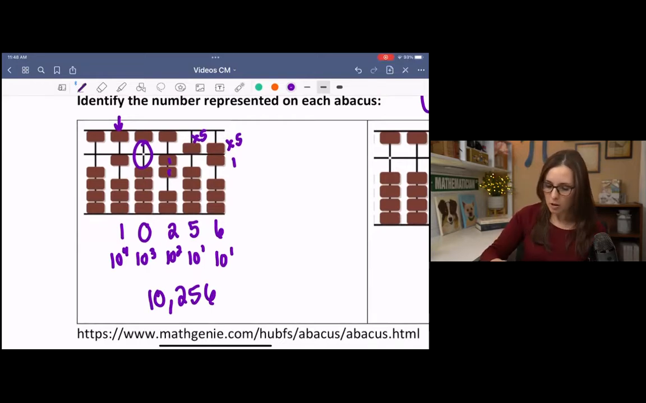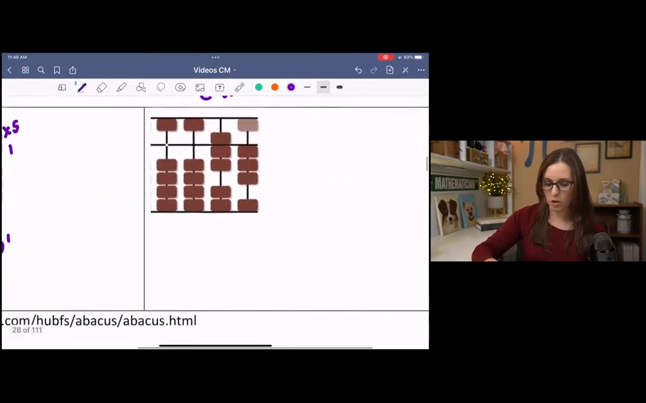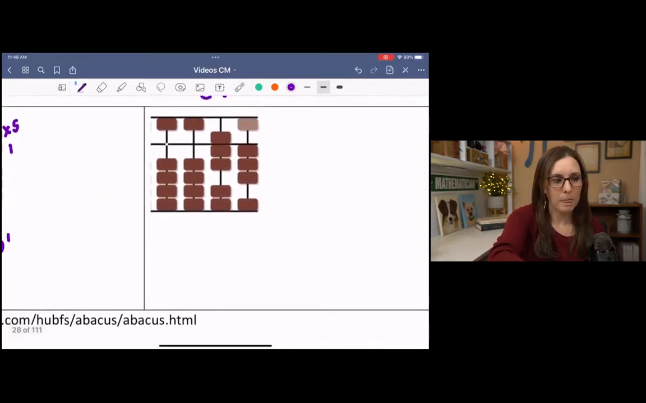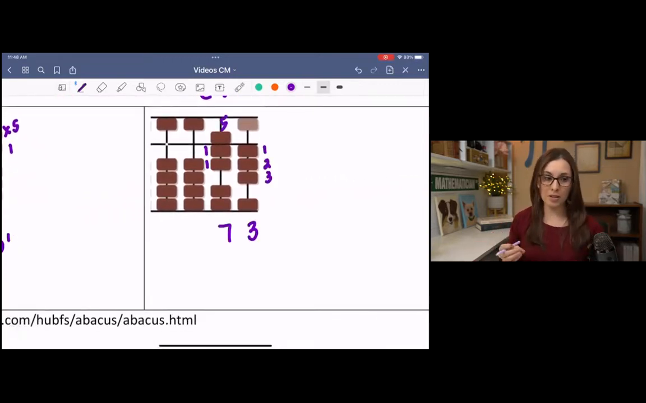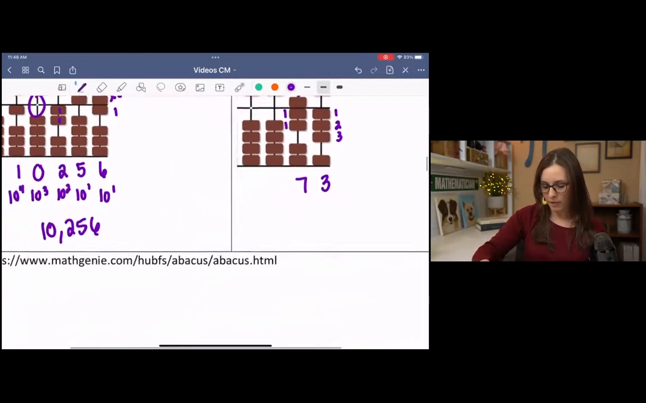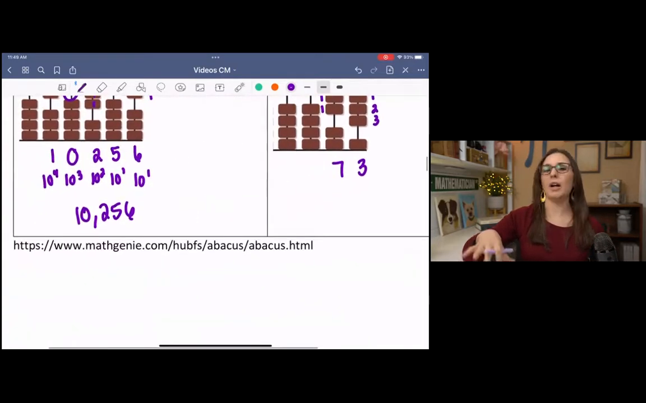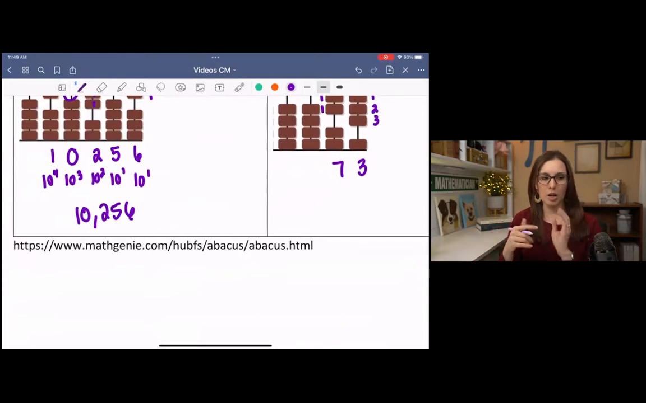that's what it is. So for this next one, I want you to pause it, try it, and come back. The number on this abacus is 73. Now, if you want to continue practicing that, I have a website here. This is where I got these pictures, but you can kind of move the beads around and practice reading the